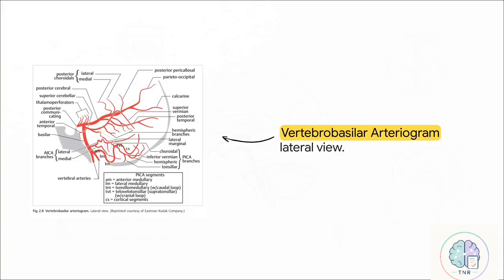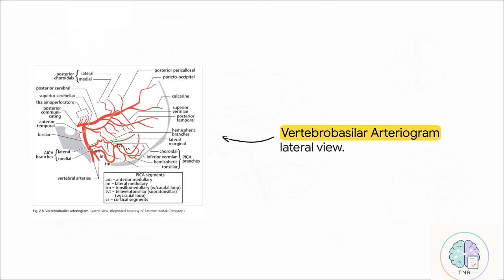System. Now take a really close look at this arteriogram. What's super interesting here is just the sheer density of the posterior inferior cerebellar artery, or PICA branches, winding around near the bottom right. You can actually see the vertebral arteries combining there to form the basilar artery, right? Which then gives off the anterior inferior cerebellar artery, or AICA, and just keeps continuing up to the superior cerebellar